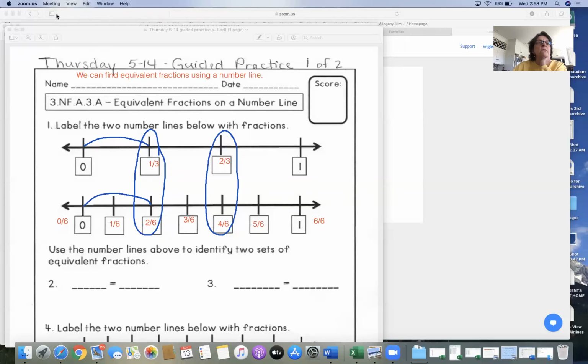So my very first equivalent fraction that I found on my number line then was 1/3, which is right up here. And we can say 1/3 is equivalent to or equal to 2/6. Right? And remember what we found when we were doing it with models. What we did here is we just doubled each part. We doubled the numerator and we doubled the denominator. All right. Now let's look at our next one. The other one we found was 2/3 is equivalent to or equal to 4/6. So I will write that in this equality here. 2/3 is equal to or equivalent to 4/6. And there are my two fractions that I found on these two sets of number lines. Right, I'm going to erase. We'll go down to the next